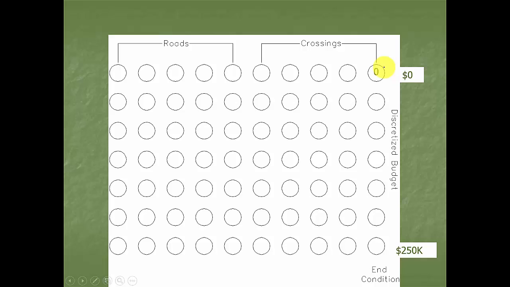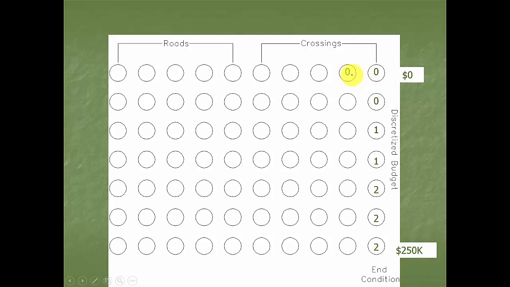There's a number of different ways, but typically you'll start at your end condition. And so we can say if we had no money left and we were at our last crossing, our decision would be to do nothing. And if we had lots of money, our decision would be to do a full treatment. And at some point in time, we would change to intermediate treatment to no treatment, depending on how much money we have. Now we go to the next